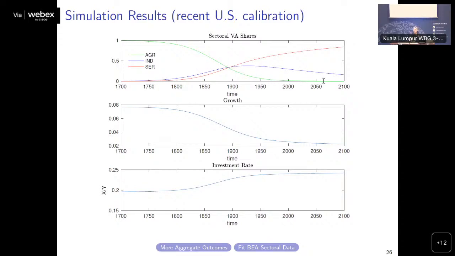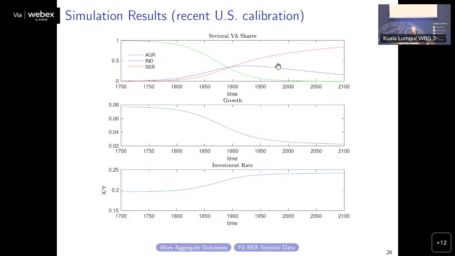And I mentioned that the hump shape in manufacturing is not something that models that don't have investment and structural transformation can match. But the timing, does it also match? Like you can see here, the hump is already for manufacturing in the 1900s. Yeah, it's not perfect. This looks like at about 1925, manufacturing starts declining as a share. It's really more like 1950 and 1960 that it declines.